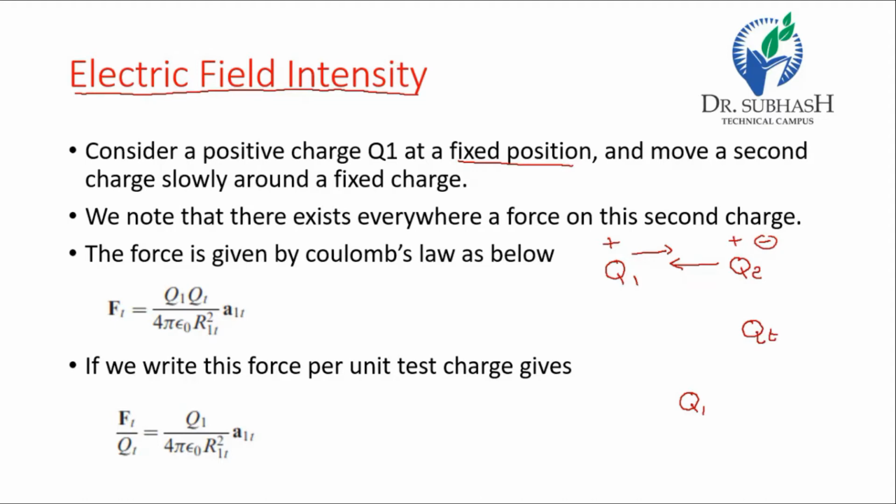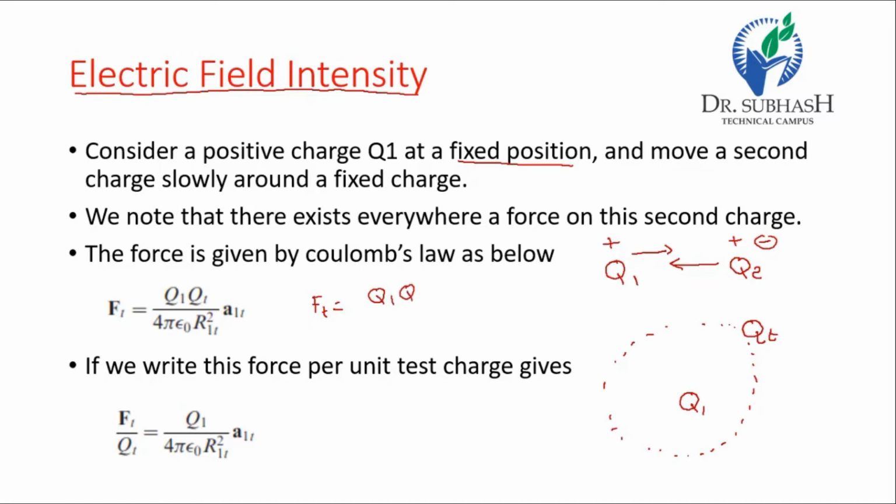If we move the charge Qt slowly around the charge Q1, then we note that there is a force everywhere around the charge Q1 on the test charge, as per Coulomb's law, and this force can be given by Ft is equal to